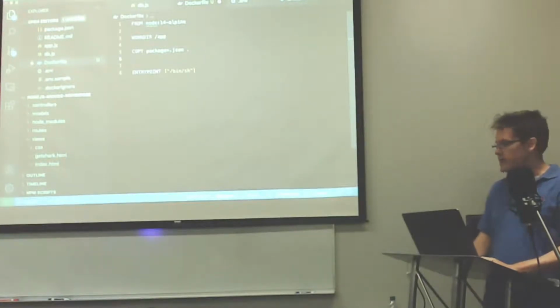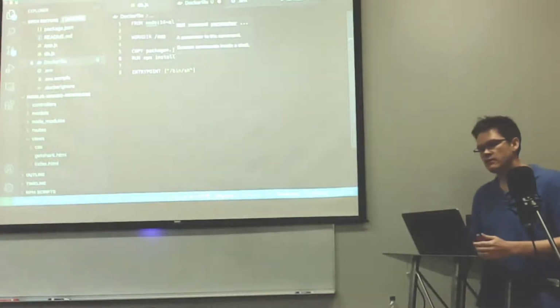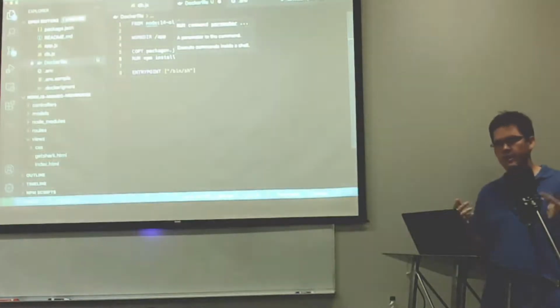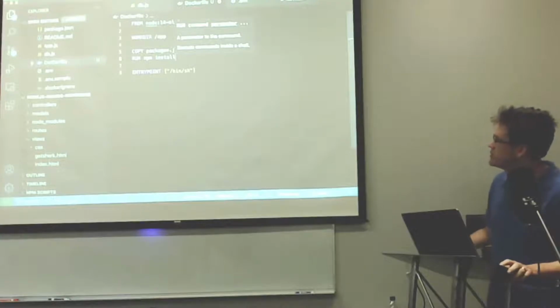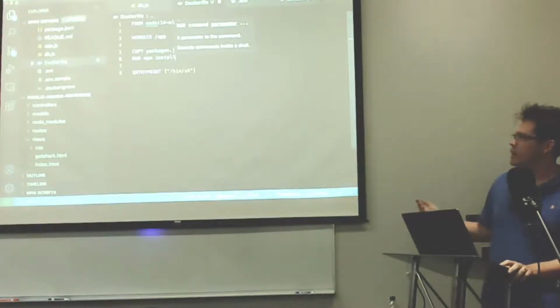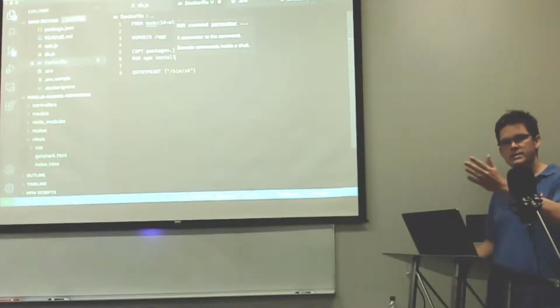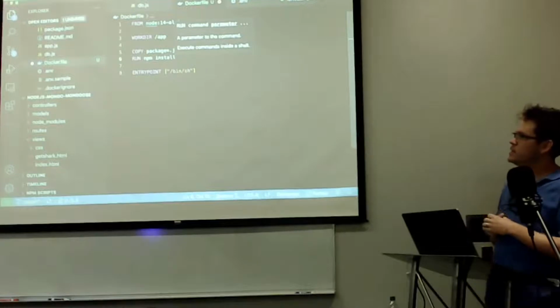Then once I have that, I'm going to tell it to run something. I'm going to say install these packages. So I have Express and NodeMon and some other things that make it a little easier to run this locally. I'm telling it to run them. A lot of people ask, why would you not just copy your node modules directly from your host machine onto the container? And the reason is